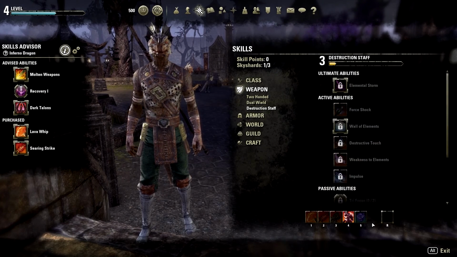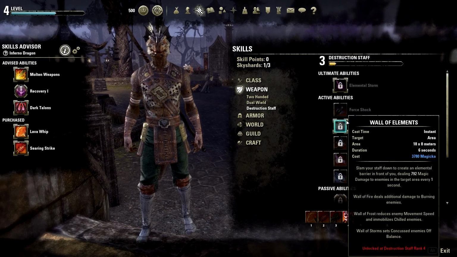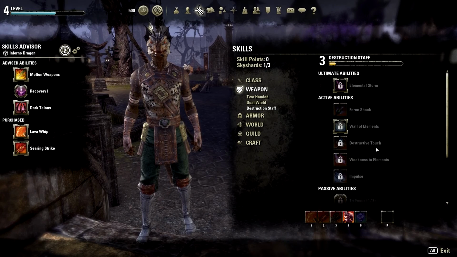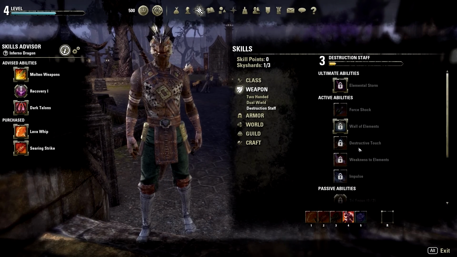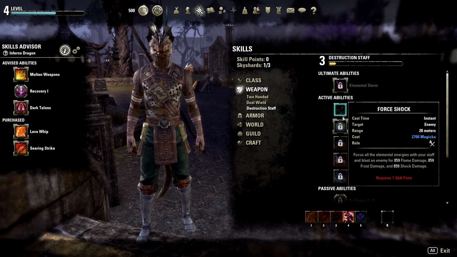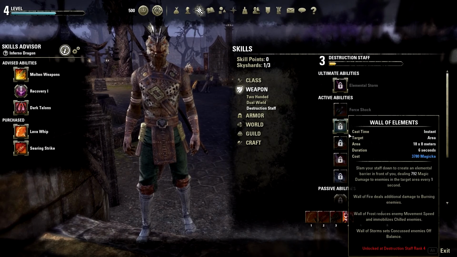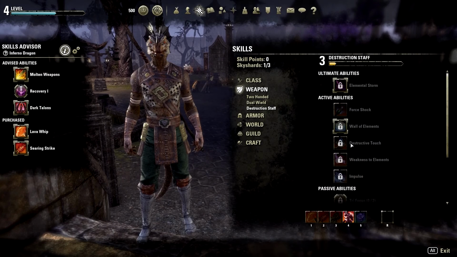So we don't actually have to have an ability on our bar for this, but we can get one of these. We might get one of these. I don't know if it's going to be required for our build over here, but I kind of like the Wall of Elements here. And we can get that level 4. Destructive Touch is also a good one. Anyway,